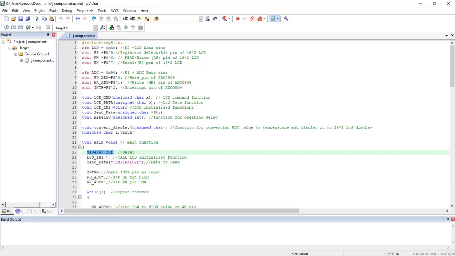My name is Anshuman, and I am going to explain the code of our project, Digital Thermometer using 8051 microcontroller. Here I am using Keil software. This program is for displaying the temperature on a 16x2 LCD display using an 8051 microcontroller, an LM35 sensor, and an ADC0804 analog